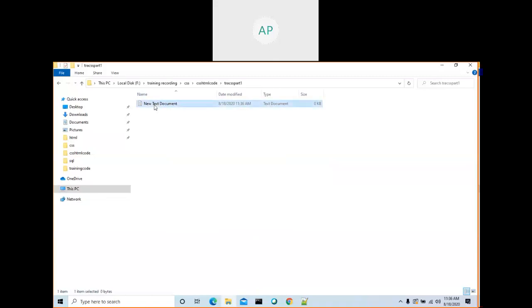When we were working with HTML, we used Notepad. Either you can use Notepad or Notepad++, but in a real-time software company, we will not use them. Most probably we will be using editors like Eclipse and Visual Studio Code.